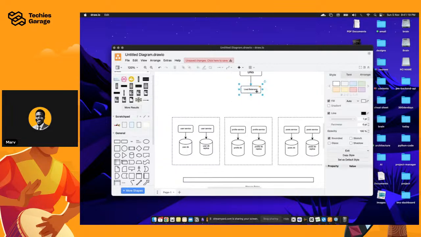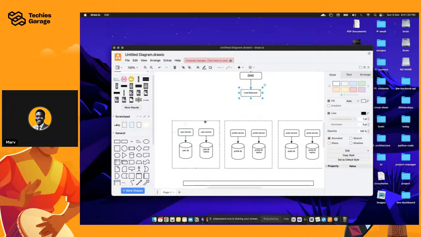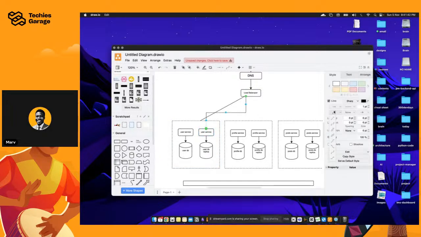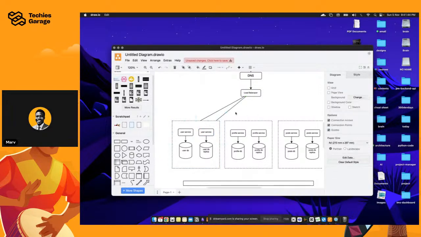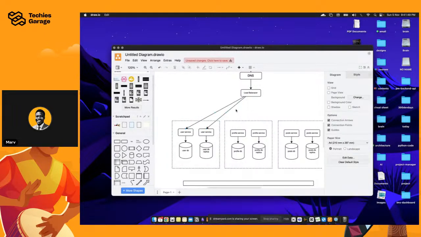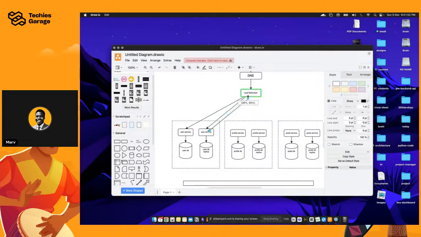Okay, so the load balancer, when you make a request. Let's just do this. I'm going to put an arrow pointing to this guy, and I'm going to use another arrow, this time a straight arrow pointing like this. I'm going to have another arrow pointing to this guy. I want this to show up on top. Okay, good. I'm going to have a third one. Let's just put this here.